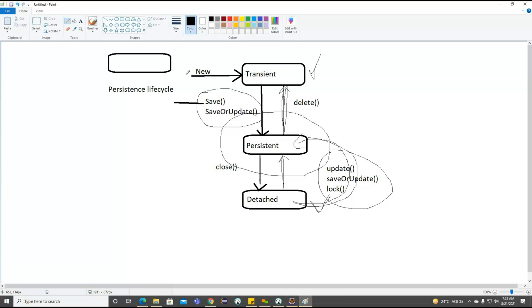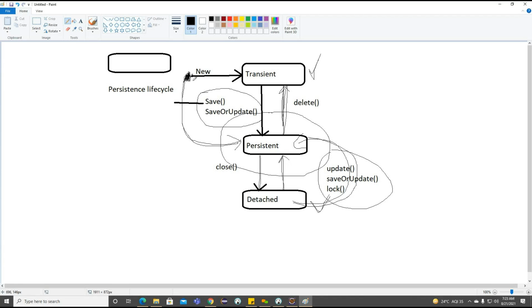And we have one more option here. Basically, once the object is in the transient state, getting the point, this object no longer belongs to any session, but directly we can move into the persistent state.